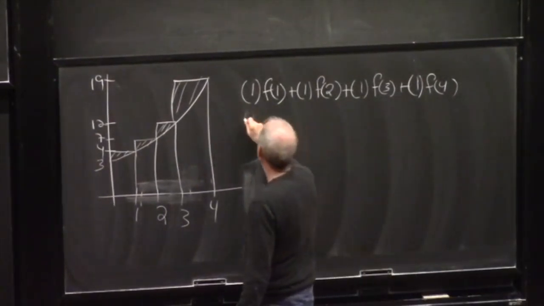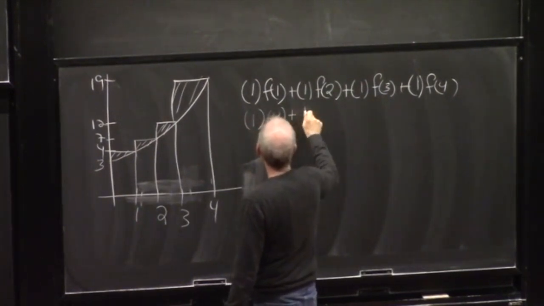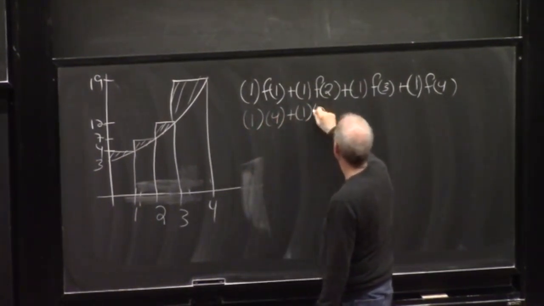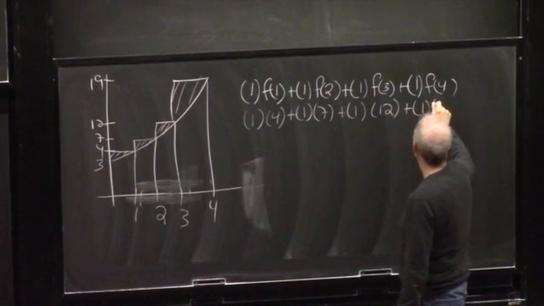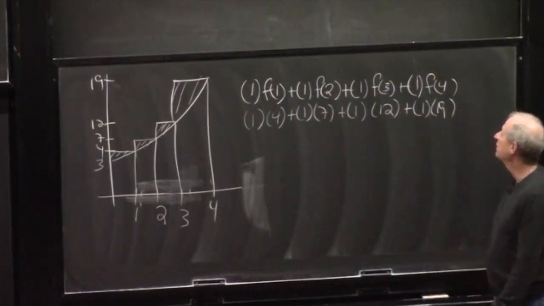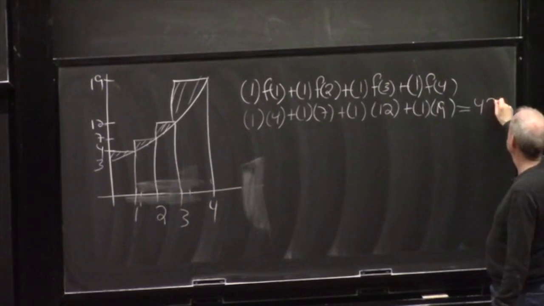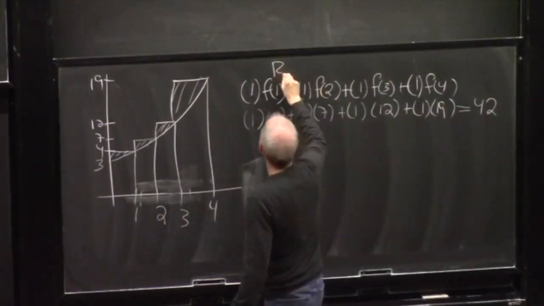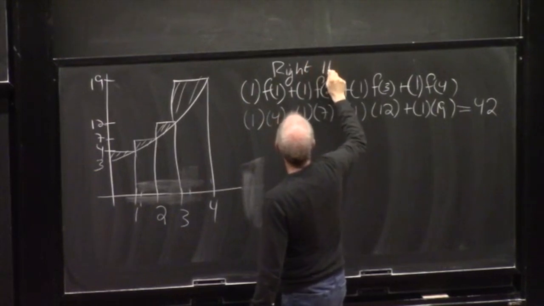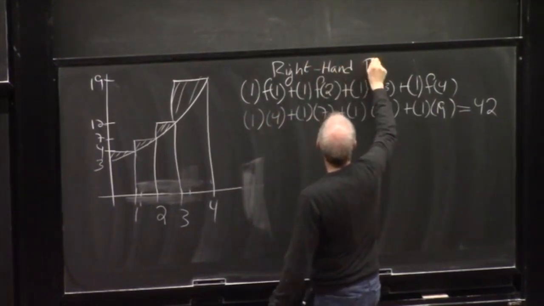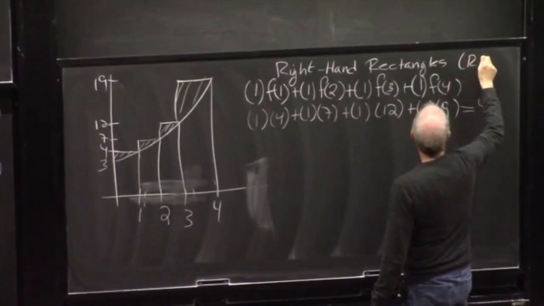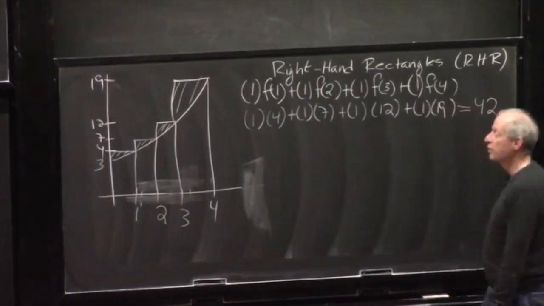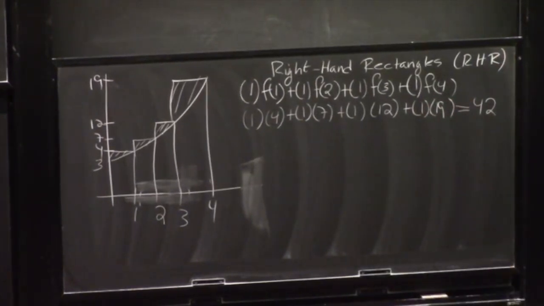Well, let's see. F of 1 was 4. F of 2 is 7. F of 3 is 12. And F of 4 is 19. Now I get 42. So using right-hand rectangles, or RHR, I get 42. So as I said, a good guess would be halfway between 26 and 42,